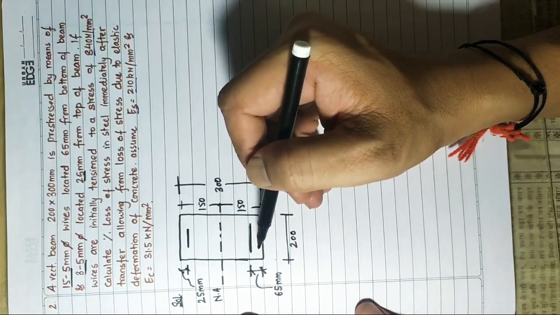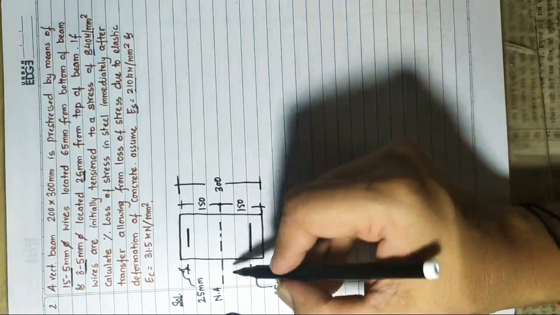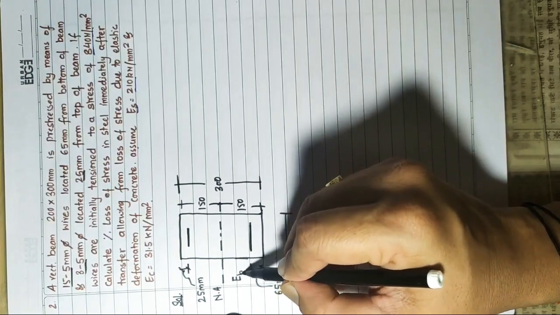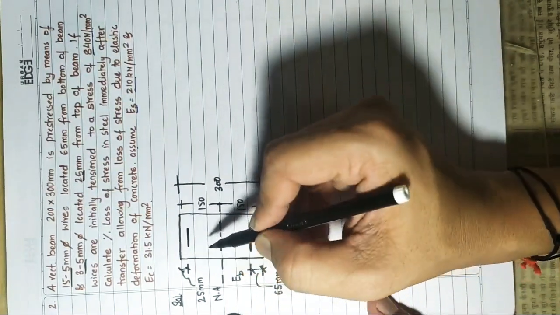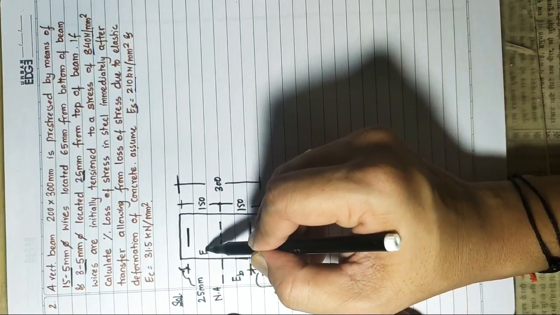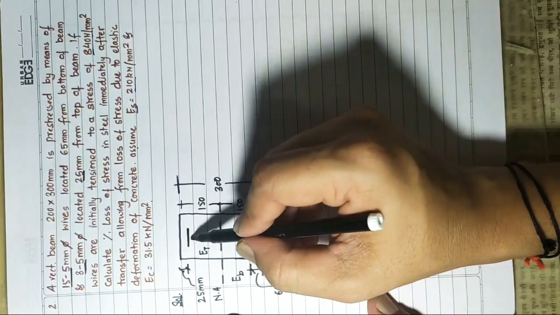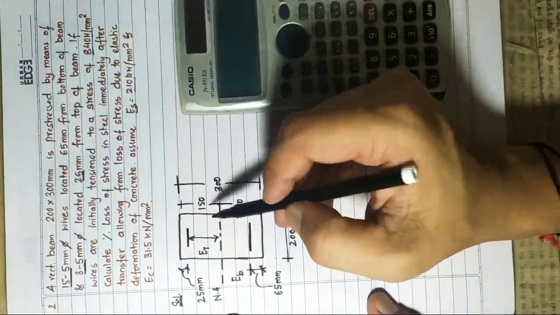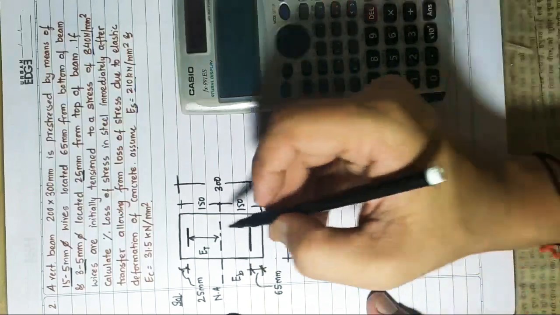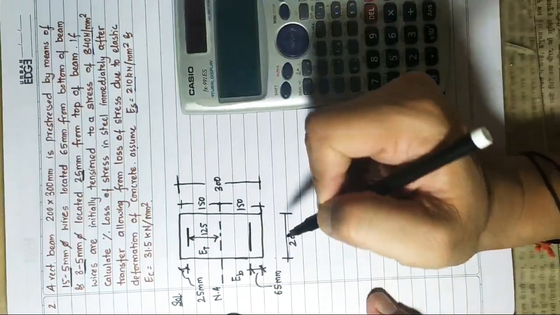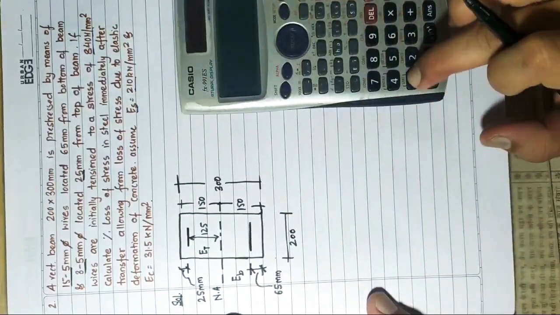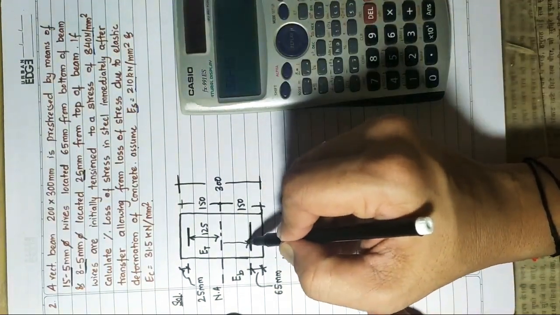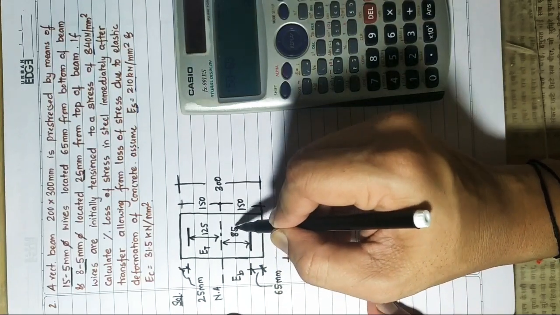So when we calculate those distances, the one at the bottom we will take as EB, and this distance we will take as ET, the top, which will be this particular distance. Calculating this distance is a simple calculation. 150 minus 25, we have 125 mm, and 150 minus 65 gives this distance EB as 85 mm.